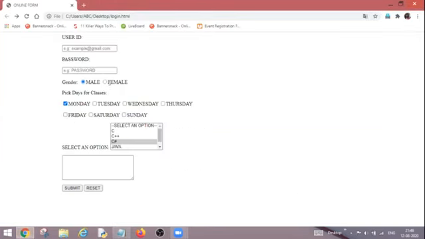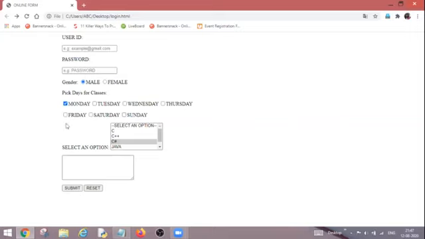But if I click on female, then what will happen? After clicking on female, I'm going to reset it. Once I click on reset, it will again come back to the default value, male. Similarly, as you can see over here, my default value for check boxes is Monday. Now if I select Tuesday, Wednesday and Sunday, four values are selected. Once I click upon reset, only Monday will be left checked. Now I have clicked upon reset, and the rest of the options which I selected got deselected automatically.